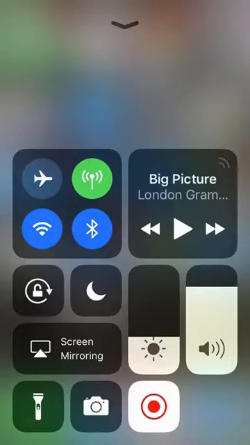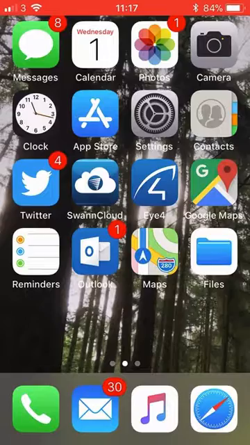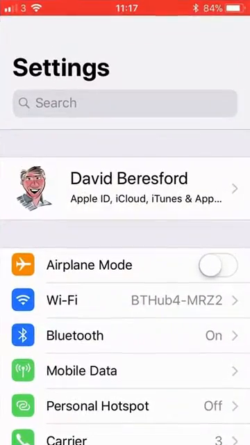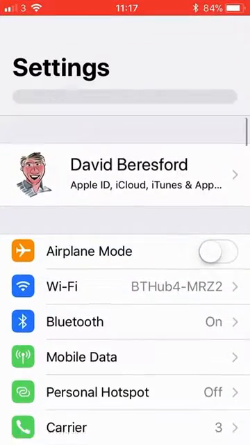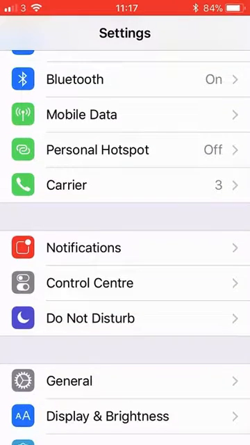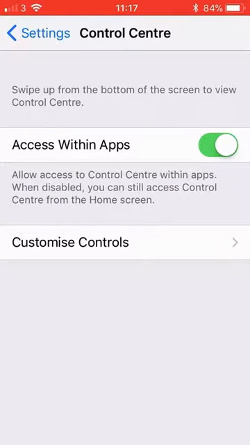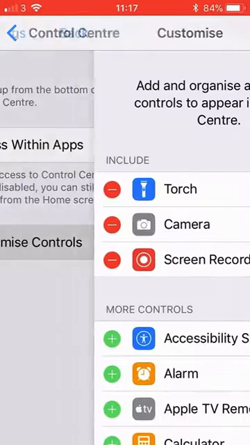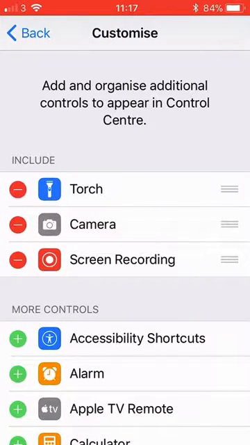So how do you customize it to put the things that you want on there? I'm just going to swipe back down and then tap on the settings option, and in settings I'm going to scroll down to the control center. In the control center, very simple controls within settings for control center. I'm going to go to the customize controls choice, and there we can see these are the sort of user